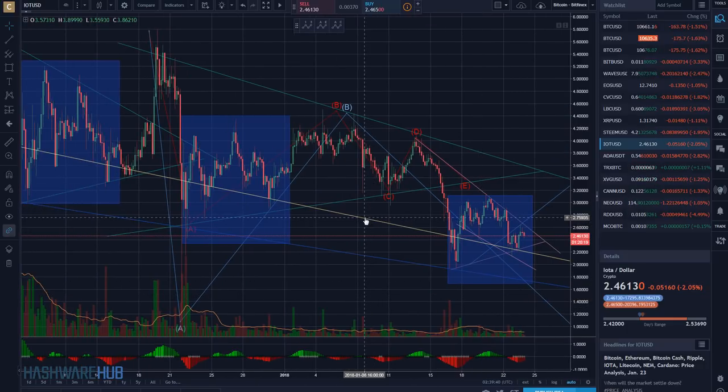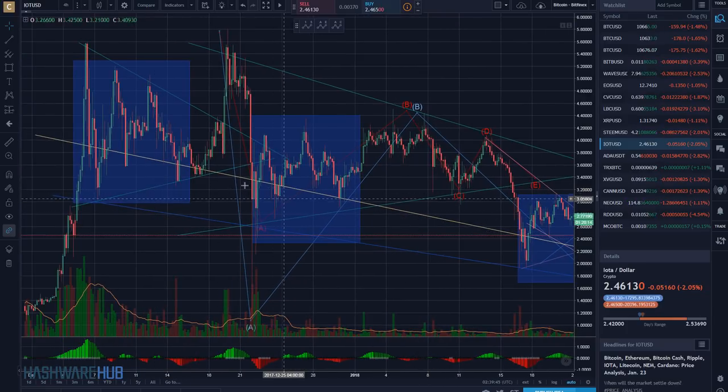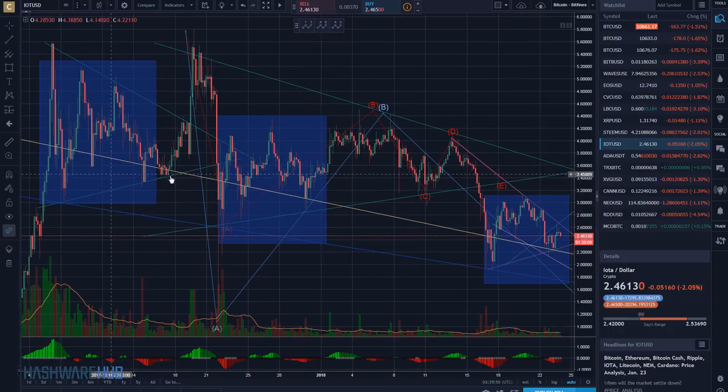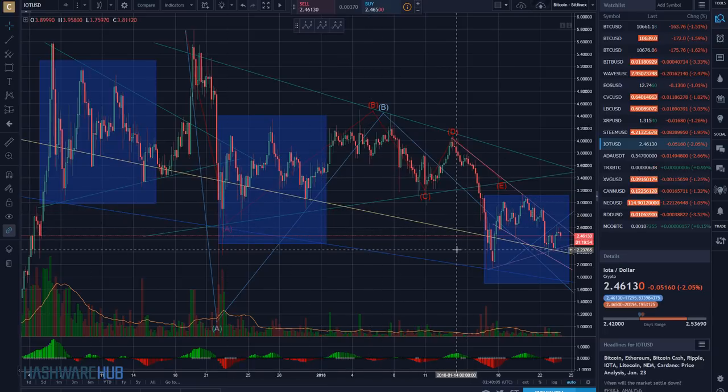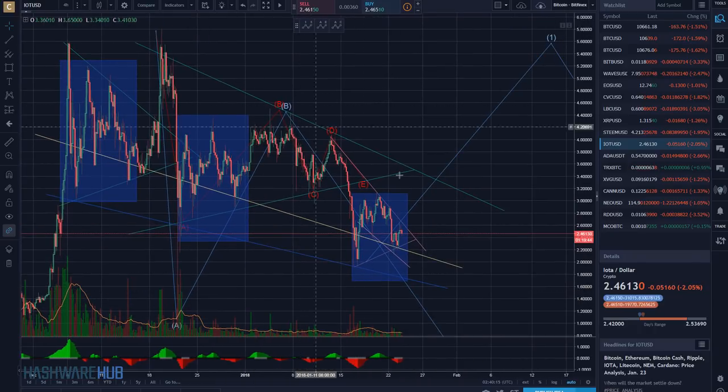We have this yellow line drawn in here, as this is almost like a beginning type of lower channel level. There was nothing really all that clean to draw a lower channel with, but this is kind of like the average of the lower bodies of the candles. So we had this here, and we didn't really know what was going on with the bottom of the channel until this right here, right? And then we have this, and we have this, and now we kind of have this channel.